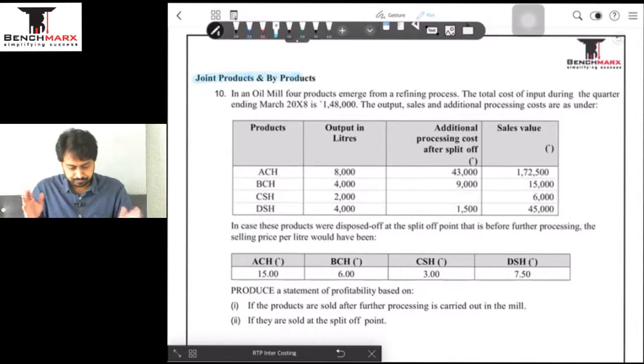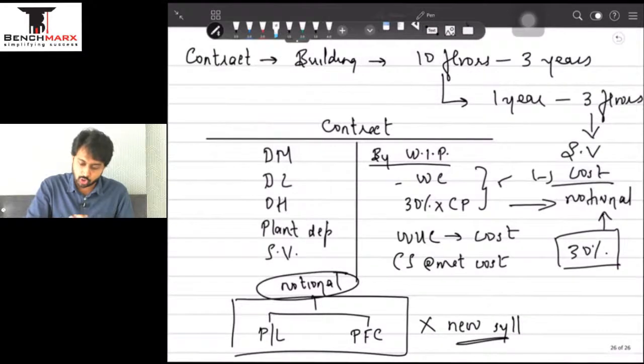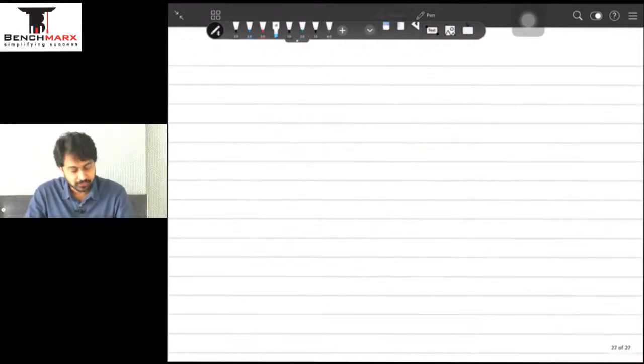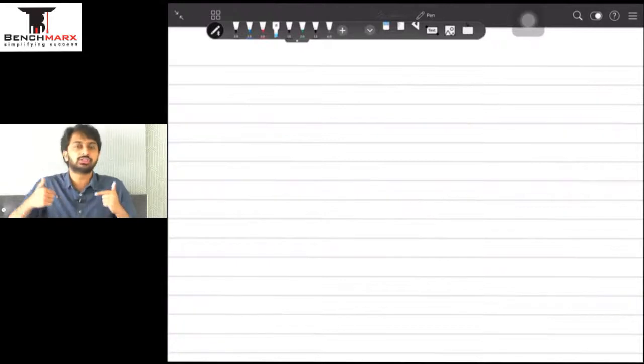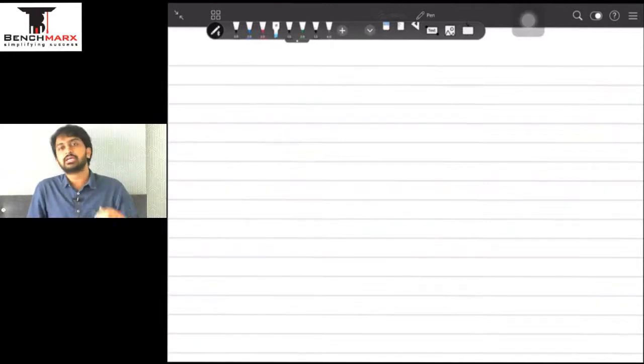बराबर. So let's quickly revise this chapter because we have done this chapter in the previous MTB. So ये अपना quickly revise हो जाएगा. So what are we doing in this chapter? In this chapter we are doing allocation. We are doing allocation of common cost or joint cost among all the 4 products or all the 3 products or all the 2. So जितना products अपना एक साथ बनेगा, those are called my joint products, and I am going to allocate the common cost or joint cost amongst the respective joint products. The methods used are sale value method or the notional sale value method or the physical output method.